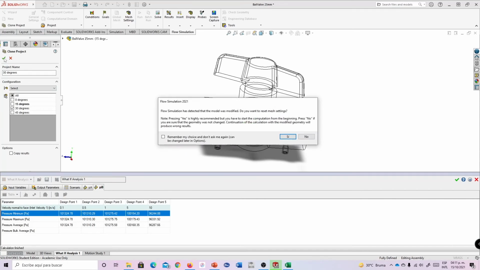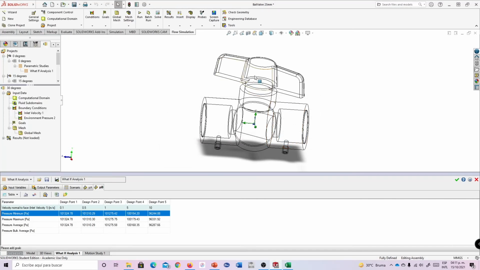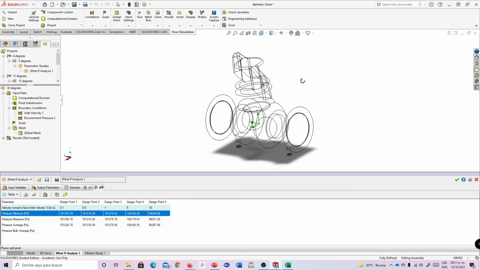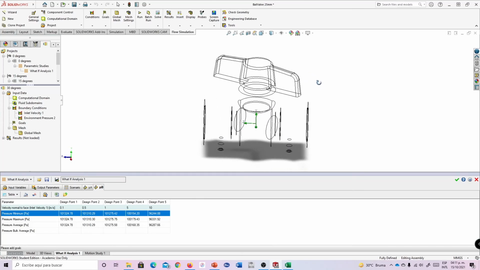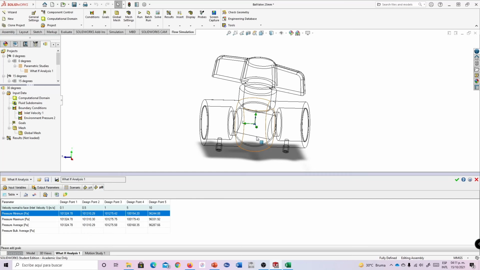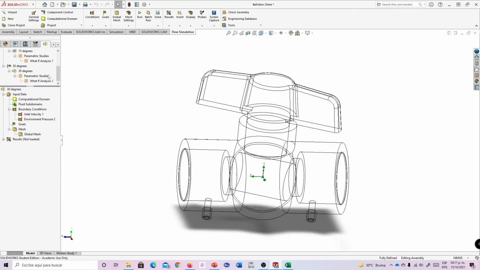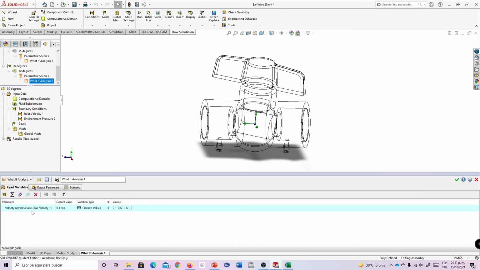Click OK. As you notice, this opening was already changed. The computational domain has also changed, and I'm going to close this one. I'm going to open what if analysis here. So I will make sure that the values are the same, but now here I have to add